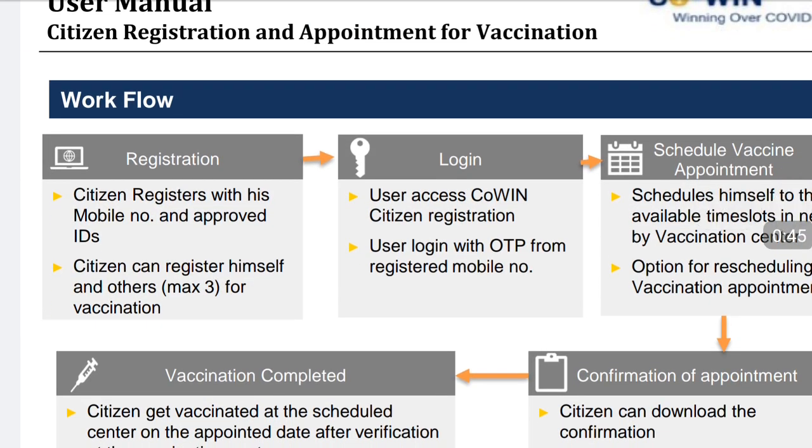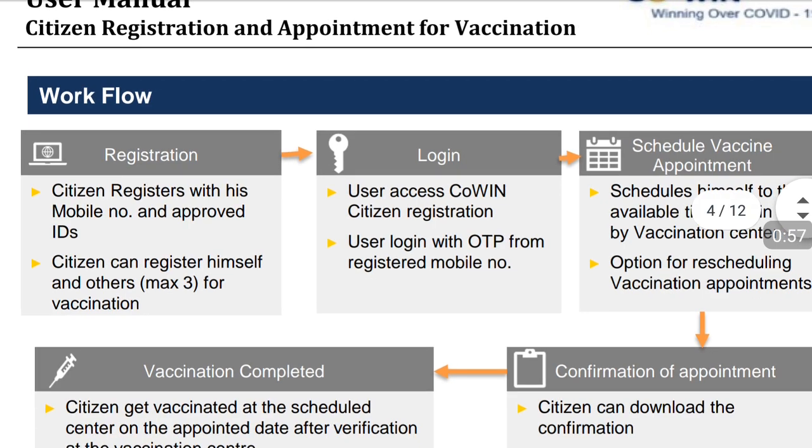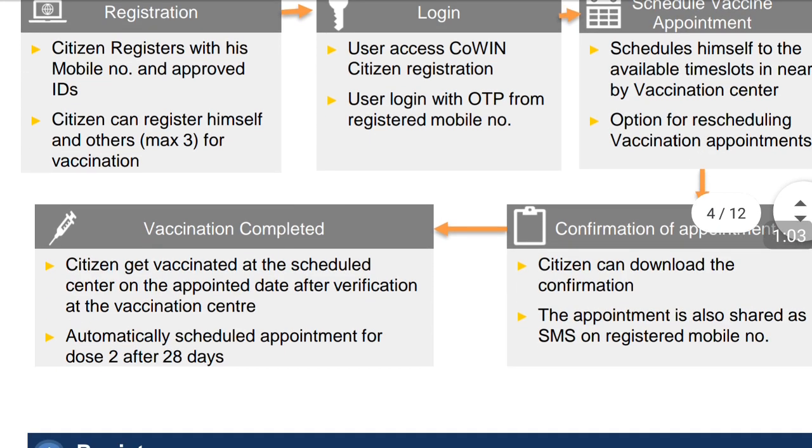First, you have to do registration from a mobile number. A citizen can register himself as well as 3 others maximum. That means for one mobile number 4 persons can be booked. And now log in from the COVID portal. I will show you how this can be done, and then scheduling the appointment, and then vaccination is completed and